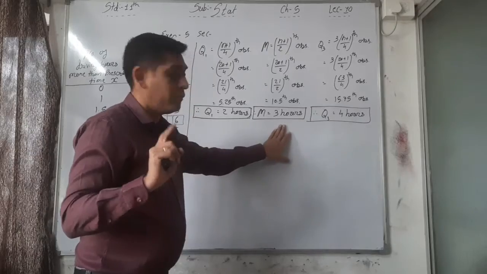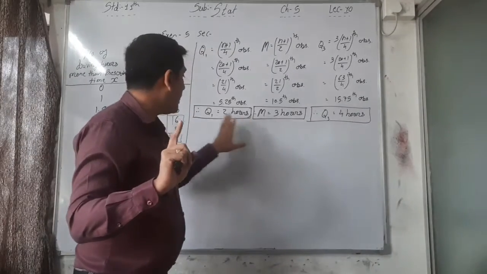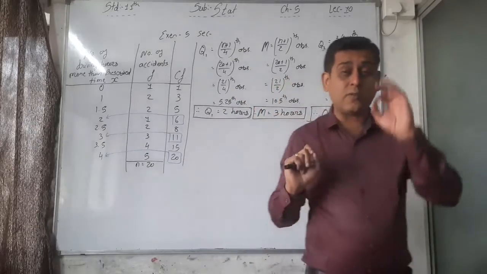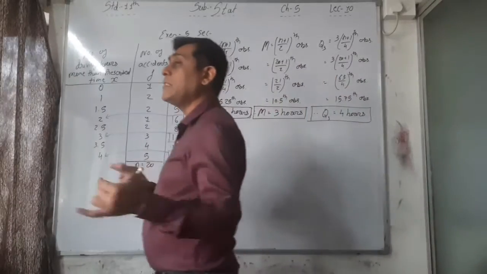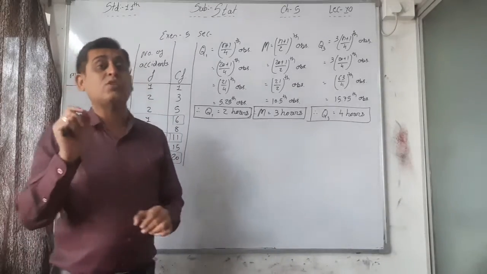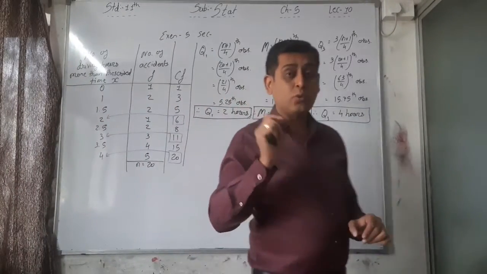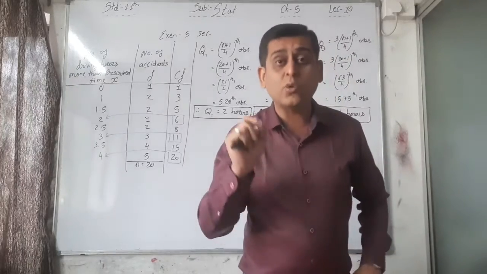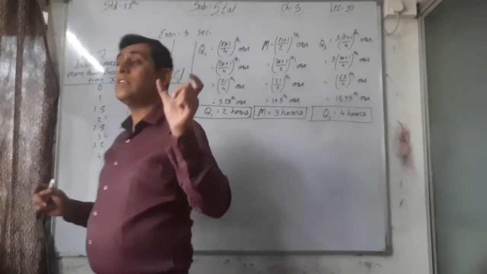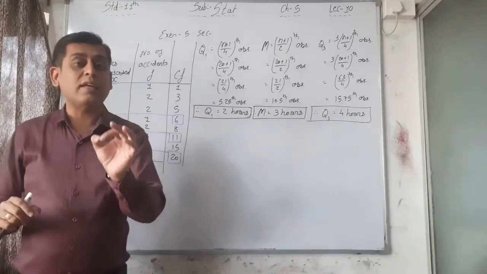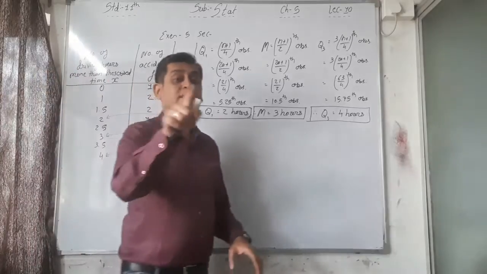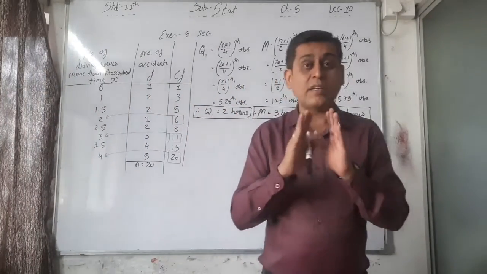Q3 minus M, 1. M minus Q1, 1. Remember the properties: if the difference between two quartiles, that is Q3 minus Q2, is equal to Q2 minus Q1, then you can say that your coefficient of skewness is equal to 0. That means it's a symmetric